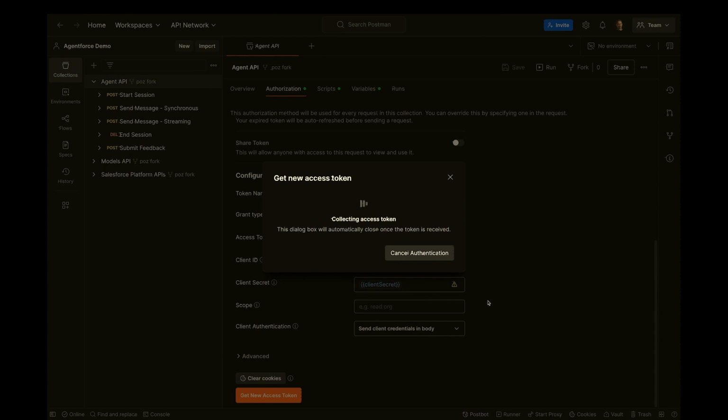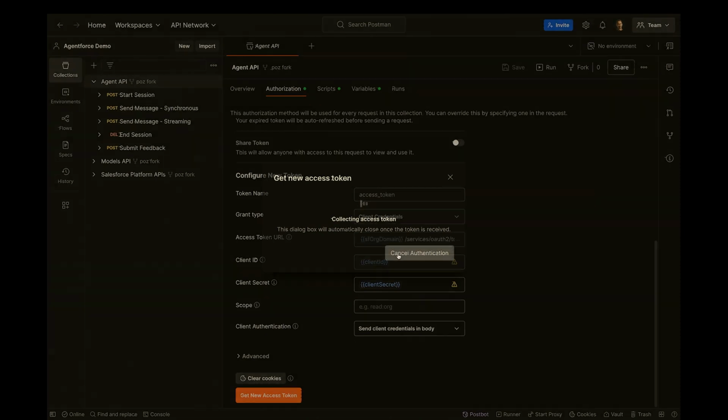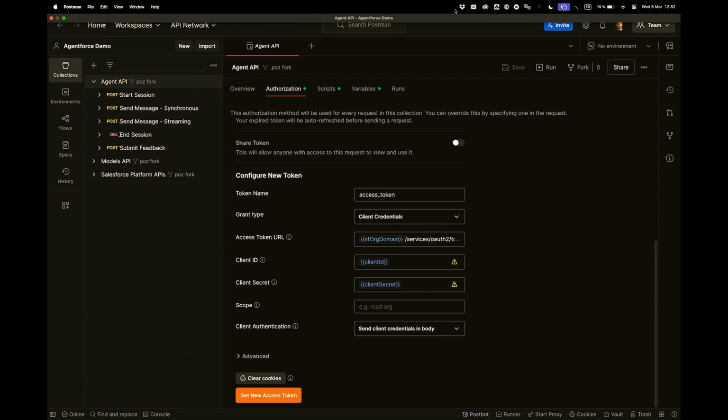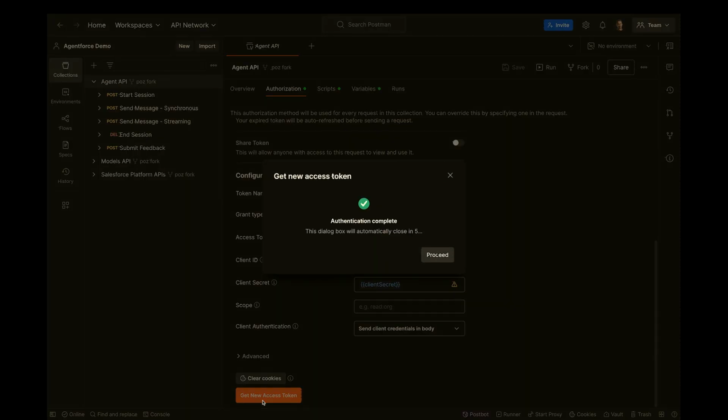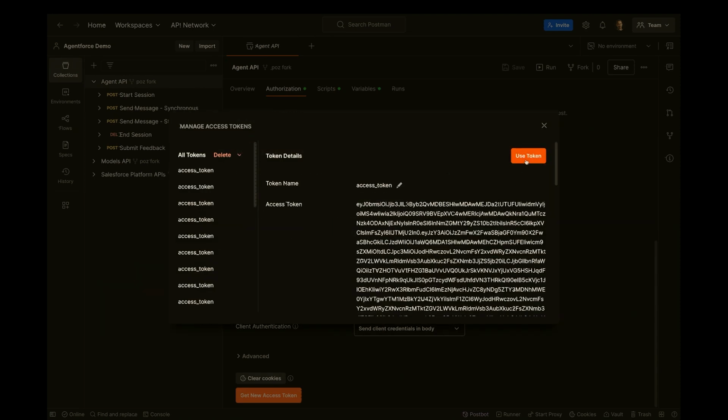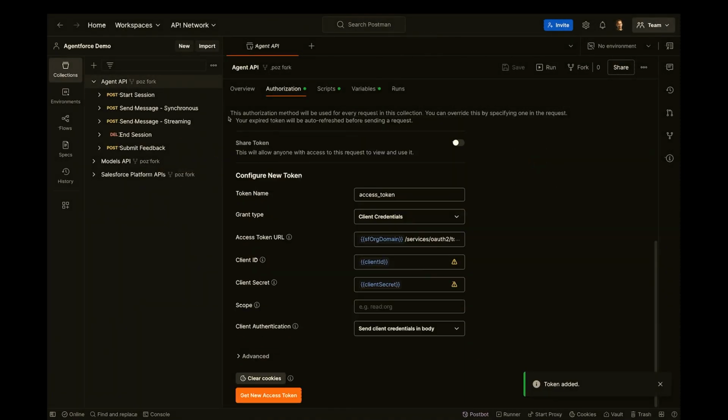Interesting. Normally it takes a breeze to get to the access token. Let me try again. Oh, I know what I did. No, let's see, try again. There we go, okay, much better. So I got the successful authentication response. I got a user access token that I'm going to use. And then I can start playing with the API.